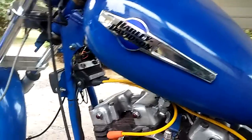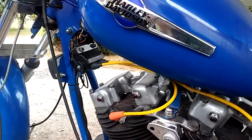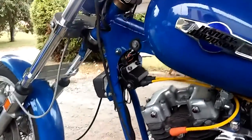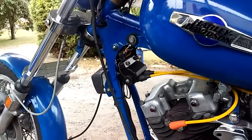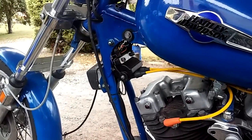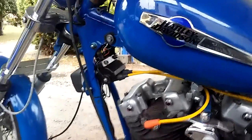I might have to get new seals for it, new rubber grommets I should say, because it does have a slight problem every once in a while, but it is actually called a mechanical regulator. And I prefer mechanical regulators over solid state regulators, because you can fix them yourself. When a solid state goes out, pretty much you just replace it. And depending on what bike you have, it can be a little bit costly. Now,